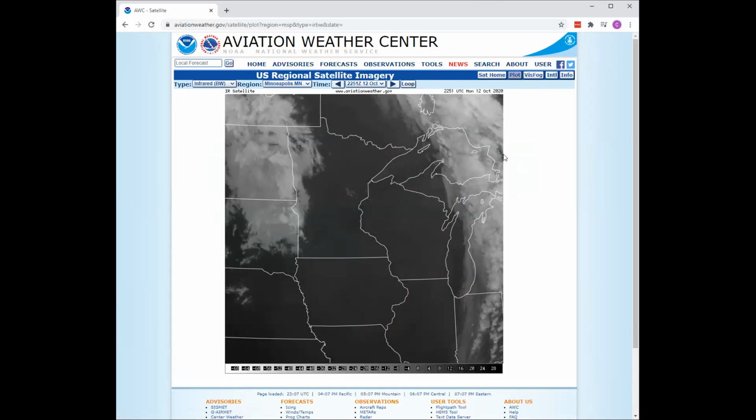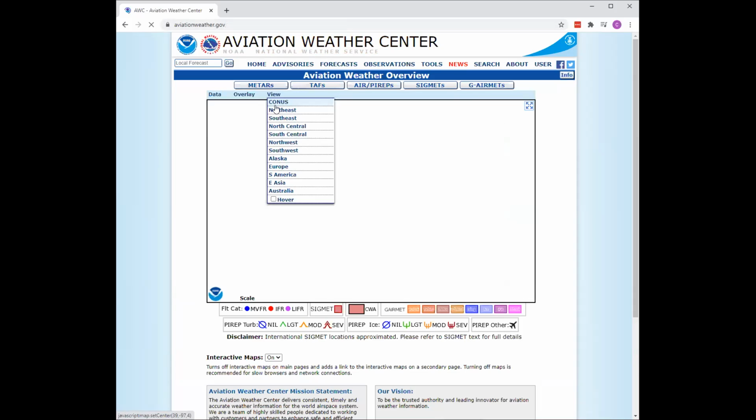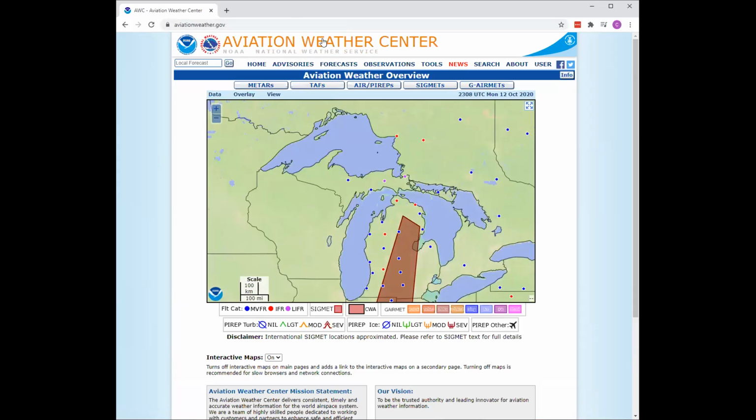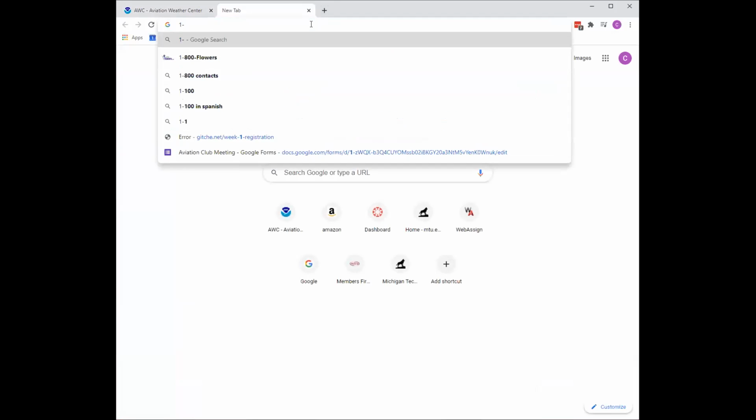But there are some other tools that'll help us with that. So those are the four main categories: surface products, upper air products, radar, and satellite images. Between those, they comprise most of the site. So let's get into a little bit more of what is here. Besides aviationweather.gov, there are a few other sites that you can go to for weather information. To look at a few products in particular,